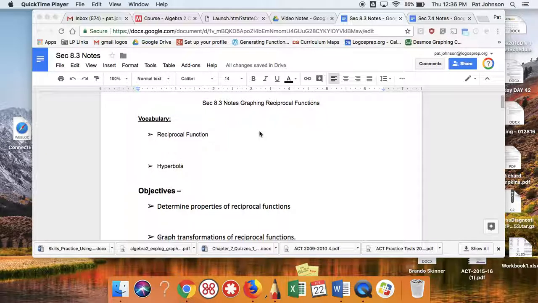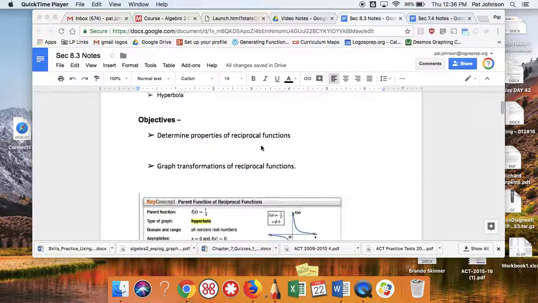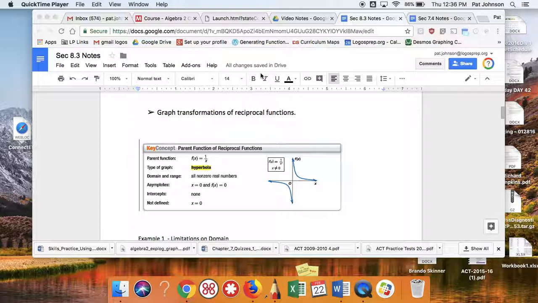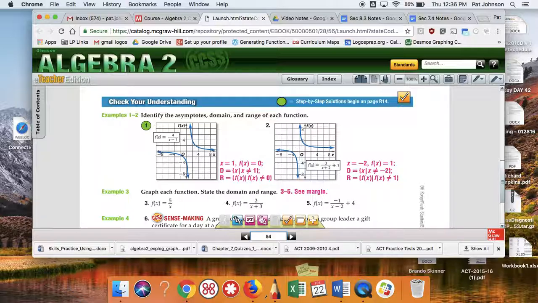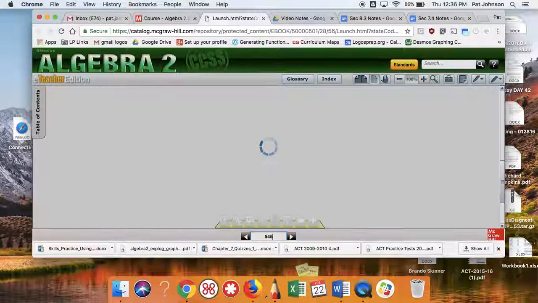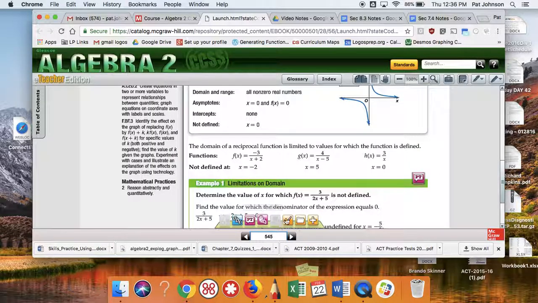What is a reciprocal function? And that's our first vocabulary word. Well, let's look down. So we have to know the definition of a reciprocal function. Basically, it's a function in the form of f of x